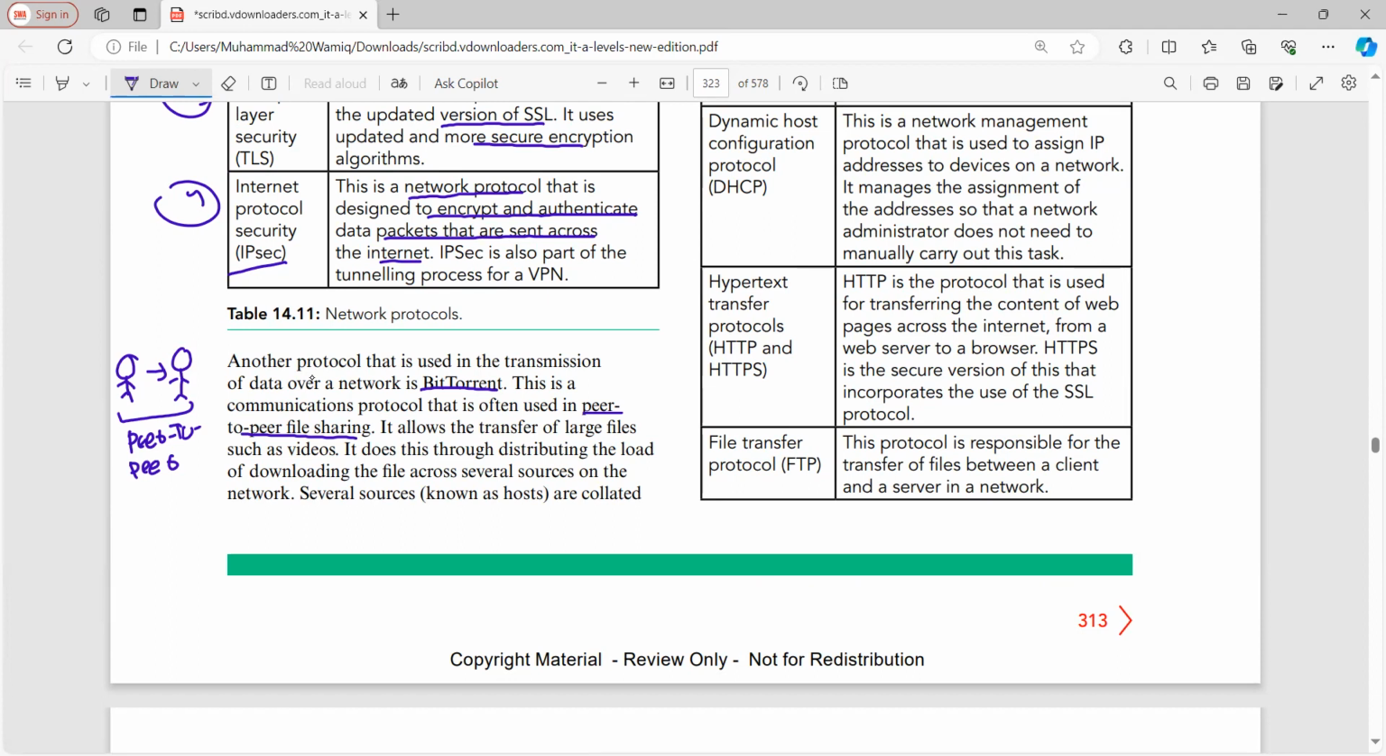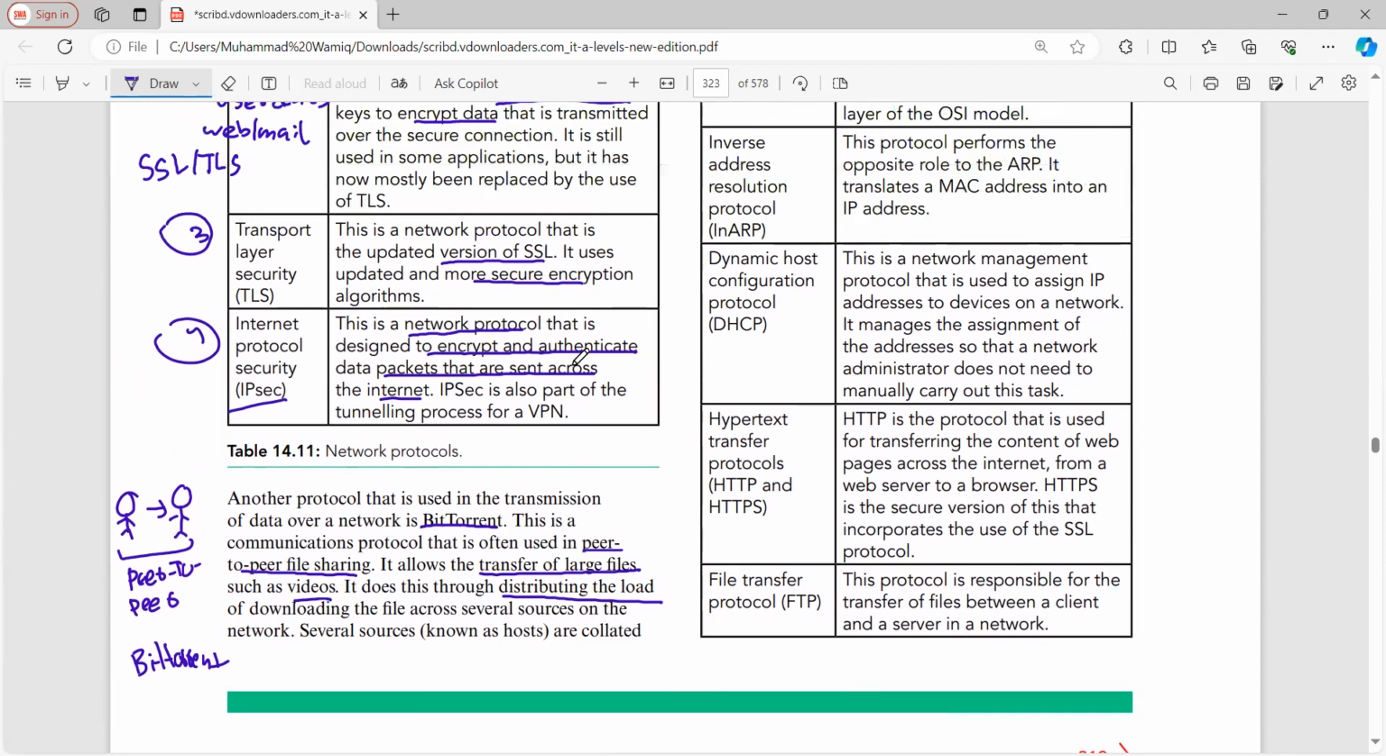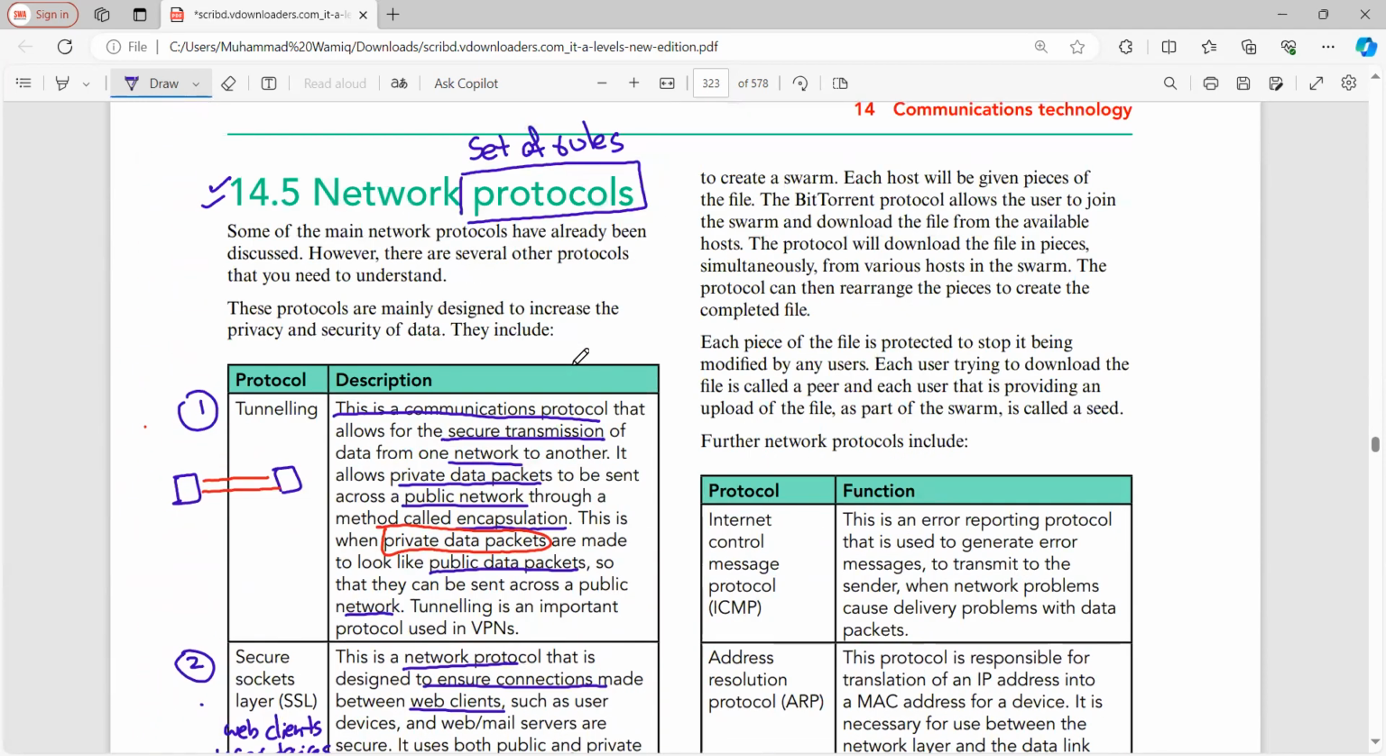So when it comes to BitTorrent, one of the most important things is that it is a peer-to-peer network. The second thing is that it allows the transfer of larger files such as videos or games, and it allows the distribution and downloading of a huge number of data files over your network. What happens in BitTorrent is that several sources or several hosts are collated to create a swarm. Swarm means that